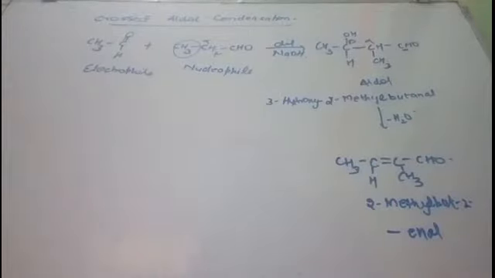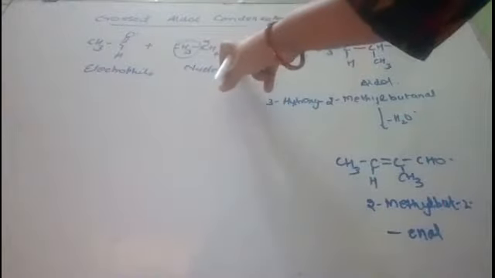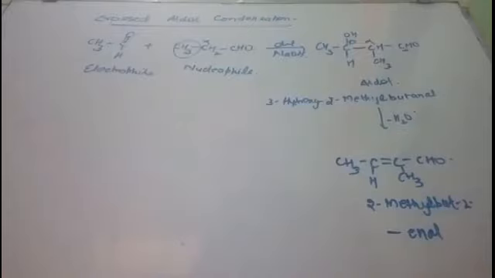But students, in cross aldol condensation we will not get only one product, we will get more than one product. Why? Because now ethanal is acting as an electrophile and propanal is acting as a nucleophile. The reverse can also happen, meaning propanal can act as an electrophile and ethanal can act as a nucleophile. So one more product will be formed. Okay, so let us make the second product. This you note down, this product. Now make the second product.